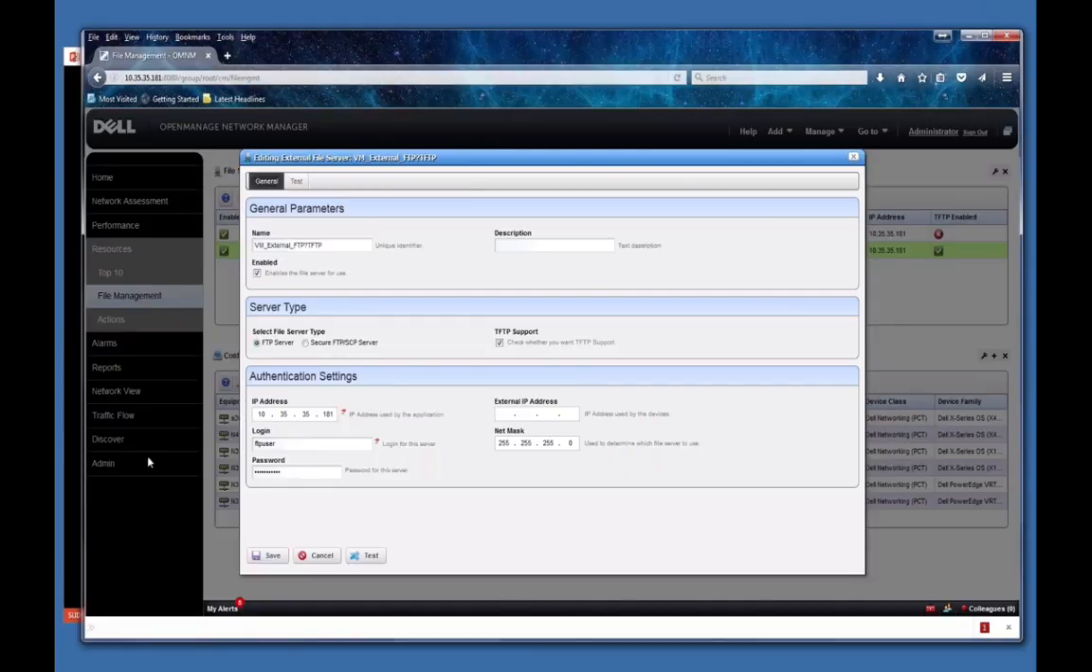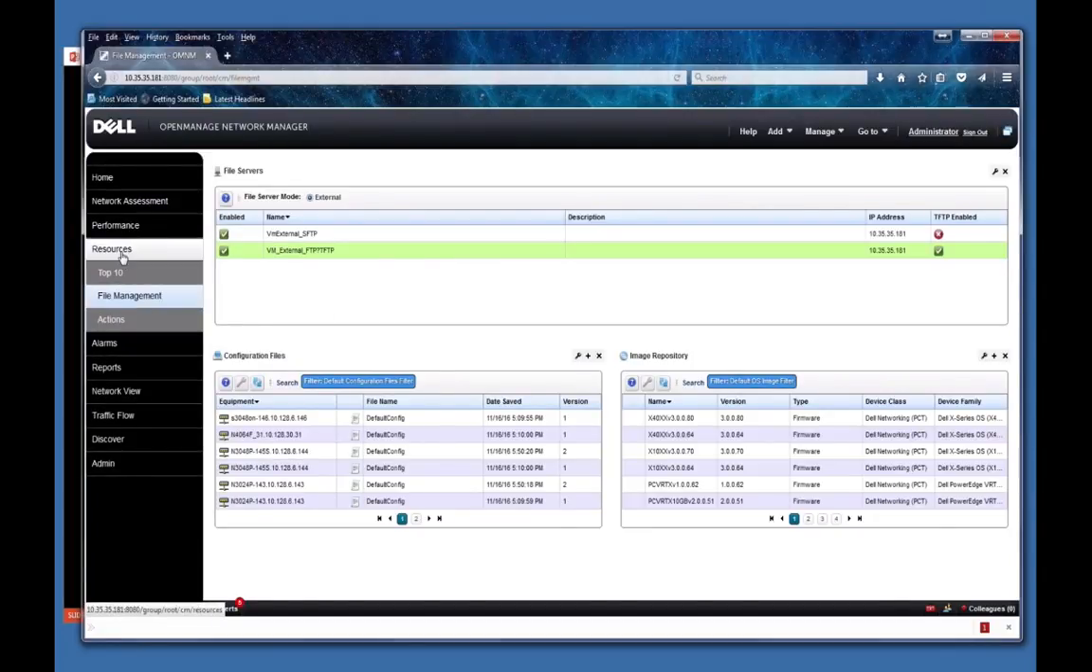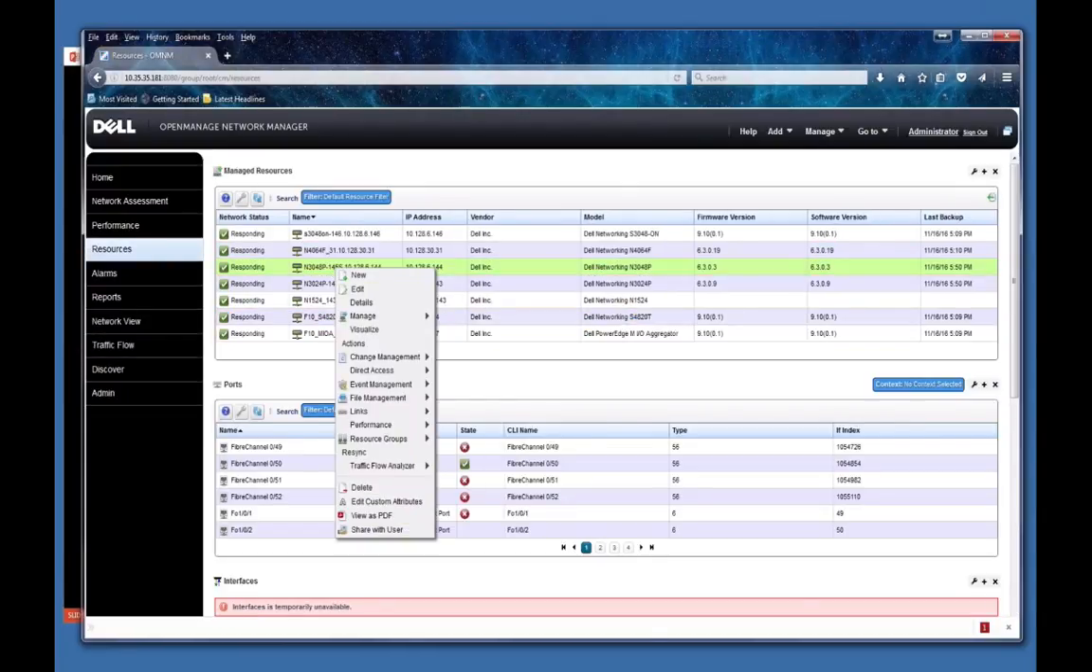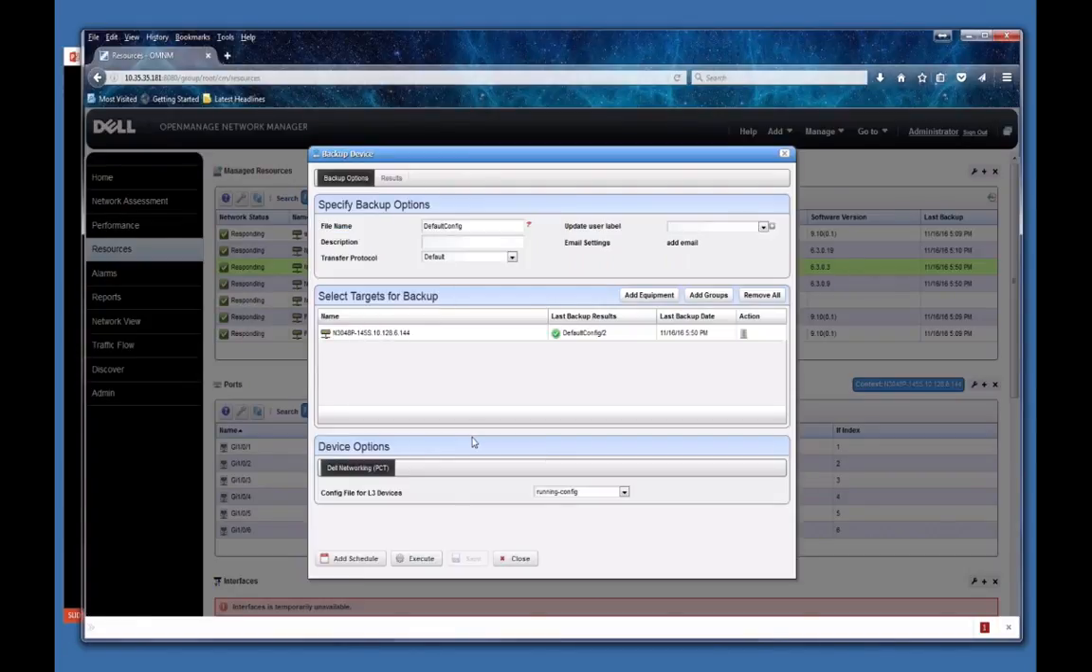Okay, so then we're going to talk about just quickly how to back up a device. There's a variety of ways. The resources. And you probably already know about the ability to just right-click, file management, and here you can do any of your activities: backup, restore, deploy. Just going through one here, I'm not going to execute it, but I want to show you some